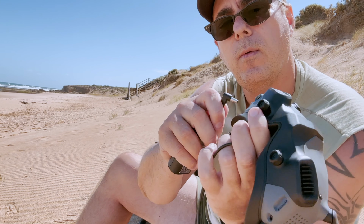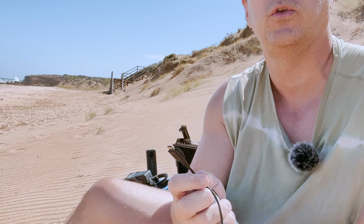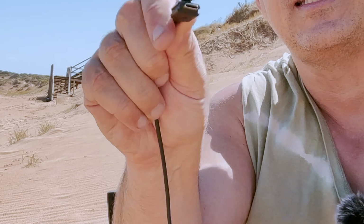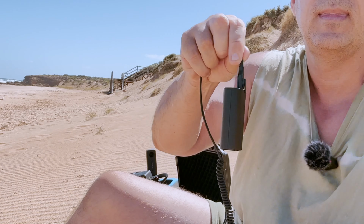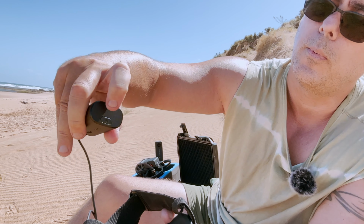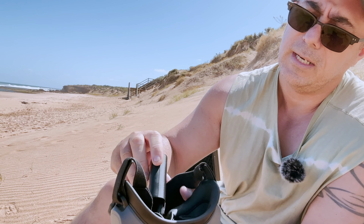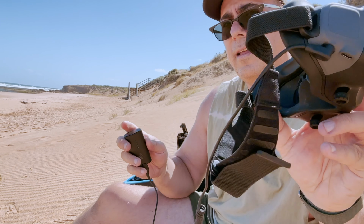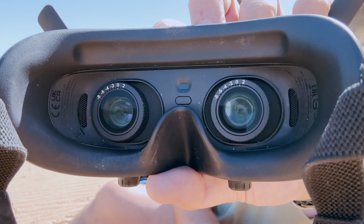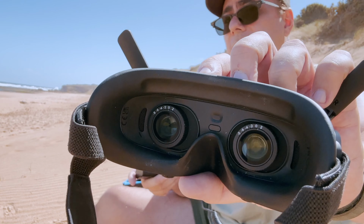So we also have another cable here, which is designed to plug into the controller there. The other end goes into a USB-C charged battery. So you'll see the little connector on the back here. This has a little clip on it so that when you clip it in, it doesn't fall away. So to turn the goggles on, on the other side, there is a little power button. So what we'll do is we'll press once and then we'll hold down. That'll then turn on the power to this. I can't really see the buttons, but then this will start up and all of a sudden you'll get some picture. And in a moment, that's going to connect to our drone and we'll be able to see what it's seeing